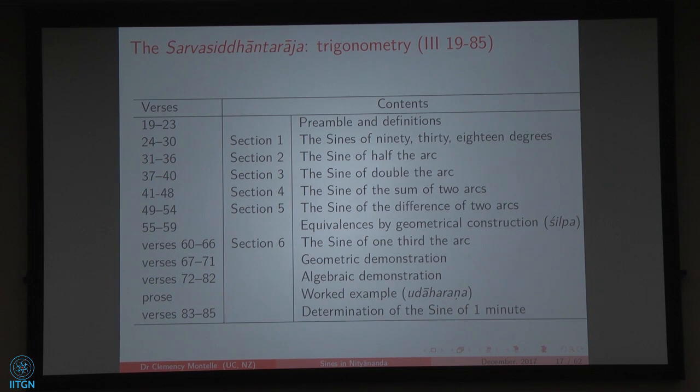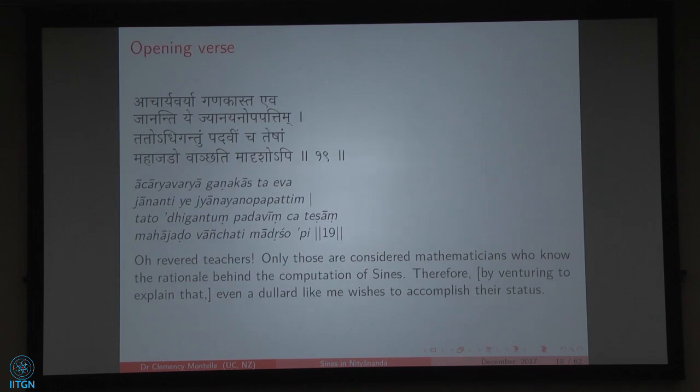The section itself is quite long, and what we're going to do is scoot through it relatively quickly, dwelling on just a couple of the very interesting formulas that he gives and the rationales he gives behind some of them, to look behind how the data that we find in this sine table was computed. So he starts with the opening verse,